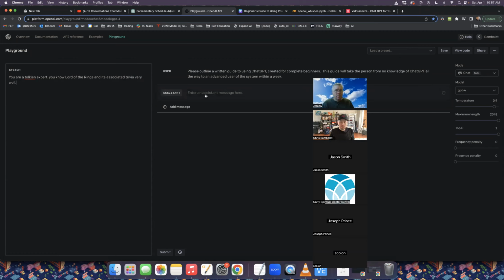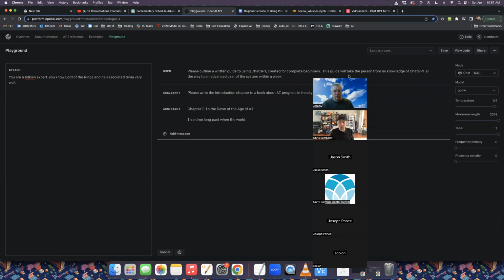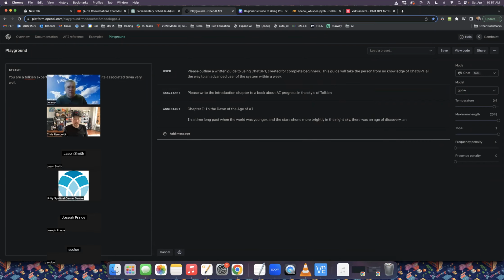And now I'm going to prompt it with, please write the introduction chapter to a book about AI progress in the style of Tolkien. So now I'm going to submit this, and we're going to take this over to our voice generator, and it's going to sound like we're listening to a Tolkien book.